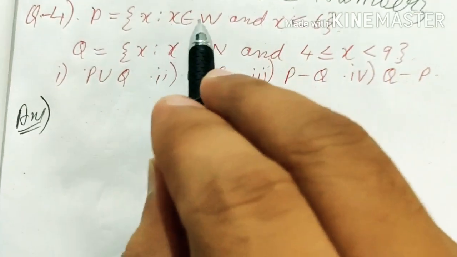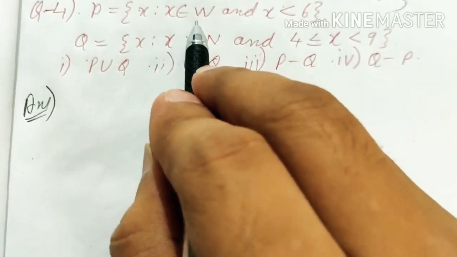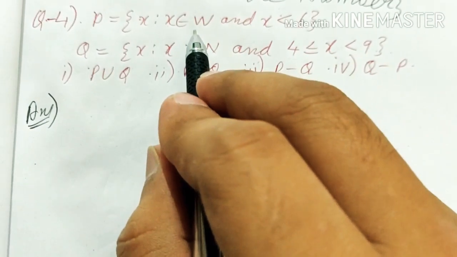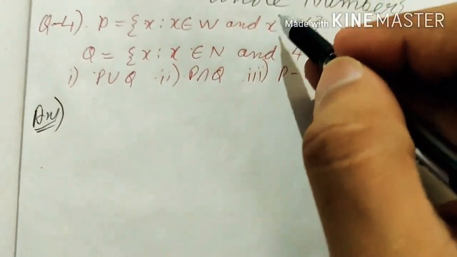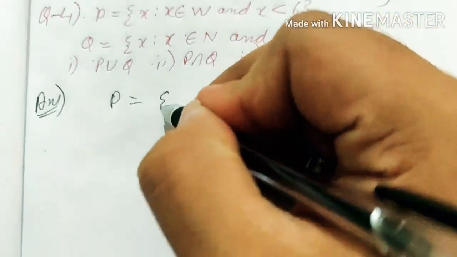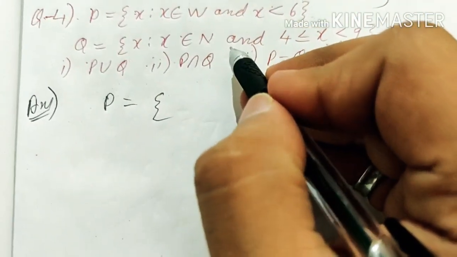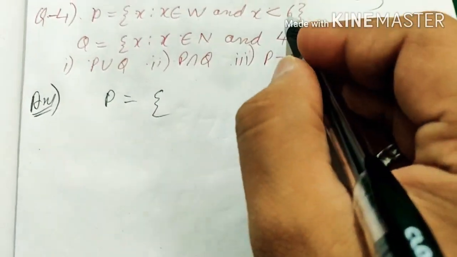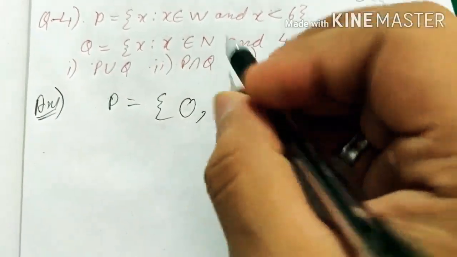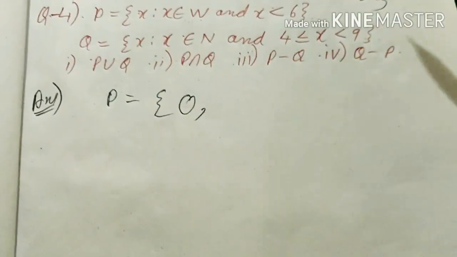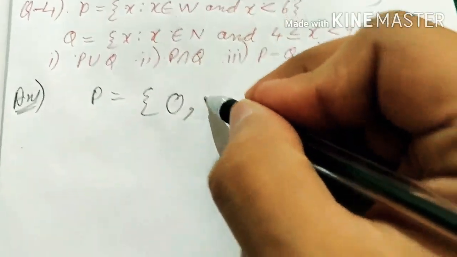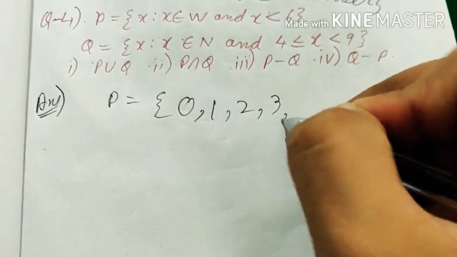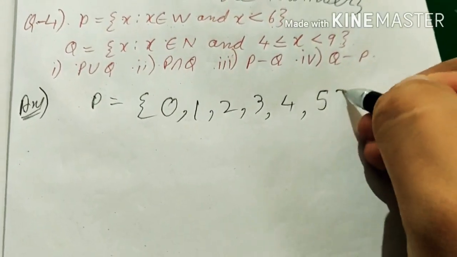Our next question here is, we have a P set that says P belongs to whole number, that is a set of a P starts with 0 and so on, and it is less than 6. So P here will be, it is less than 6, then it is a whole number, that is it starts with 0. Is 0 less than 6? Yes. So 0 will be taken. 1, 2, 3, 4, they are all less than 6. 1, 2, 3, 4 and then 5. This is the P set.